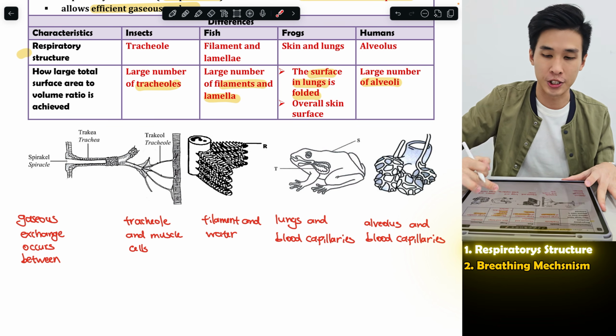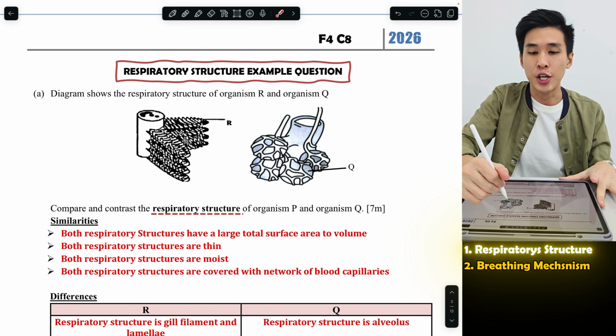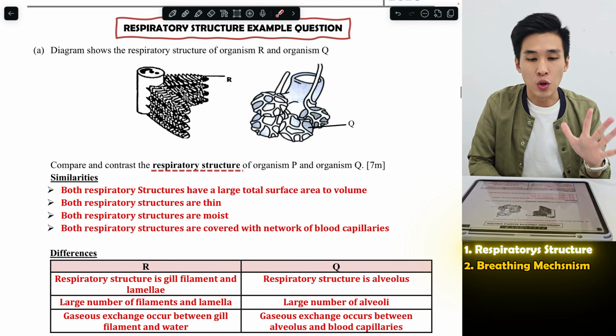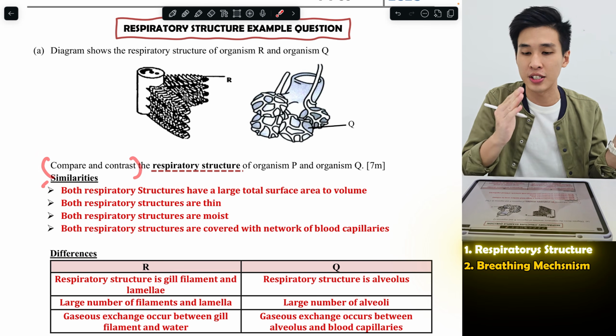So I'll show one example question for this one, which is the same thing, very easy. I have a question here that is asking us to compare between human and fish. So you can see, same like just now. This one doesn't need to explain the similarity because it just asks to compare and contrast, with similarities and differences,